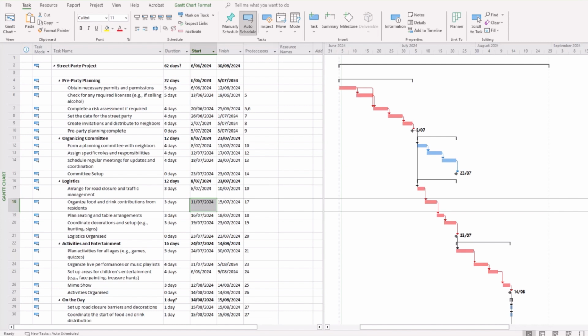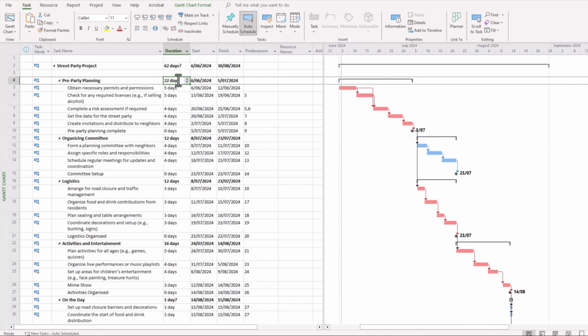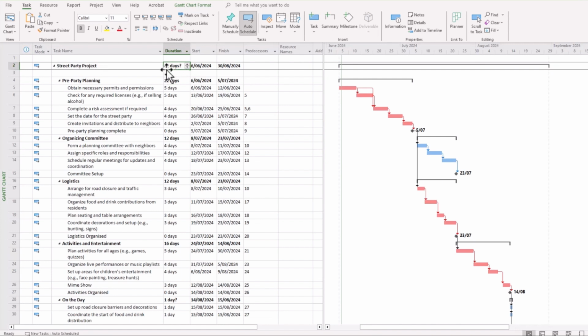Now there is one more item that we should look at, and it's connected with our durations, and it's to do with durations that have a question mark in them. Now you can see here 62 days question mark. This tells us that there is a task where we haven't yet considered the duration or the estimate of the duration of that task.